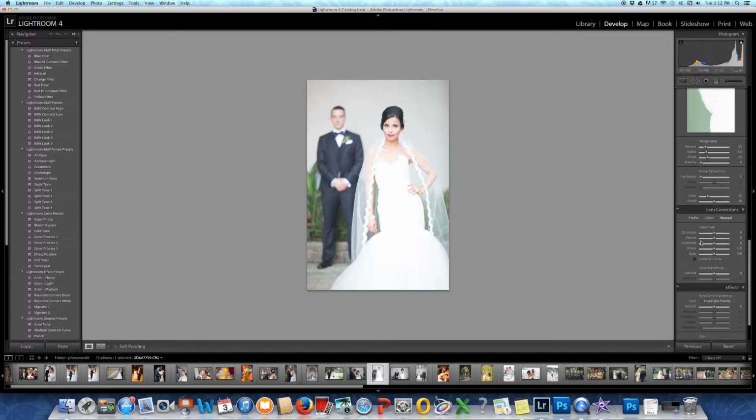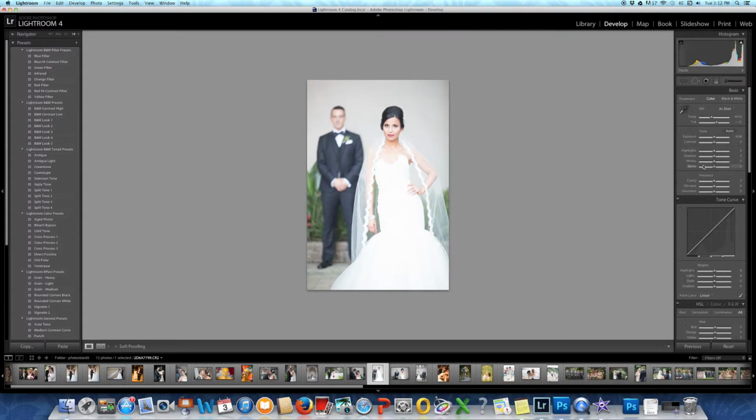So to get a vintage look, what I like to do is look into my presence here, and I'm going to just put that a little higher. And of course, we're going to try to pull out the dress's details by putting our highlights down and our whites down as well, but that has darkened our photo, so what I'm going to do is put my shadows a bit to the positive side and my blacks to the positive side as well,